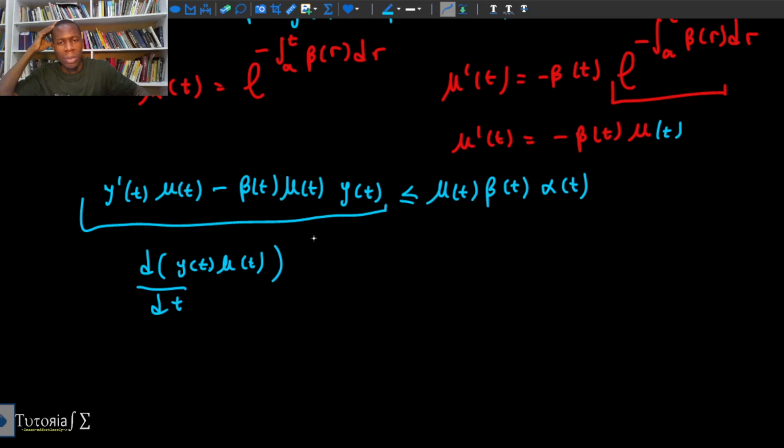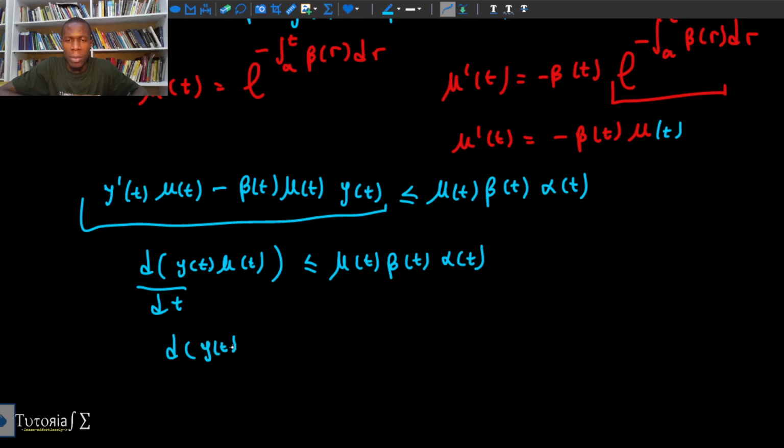So it will just be that product rule here. So we see that, and this is less than or equal to mu of t beta of t alpha of t. Okay, and of course we want to cross multiply by dt, so that we have dy of t mu of t here